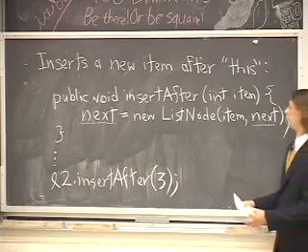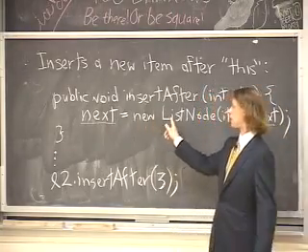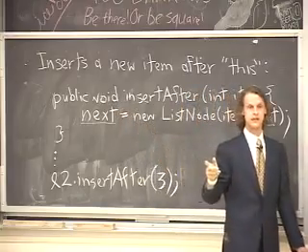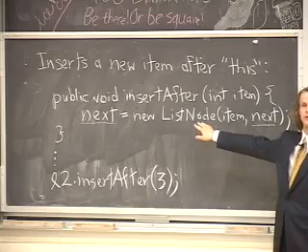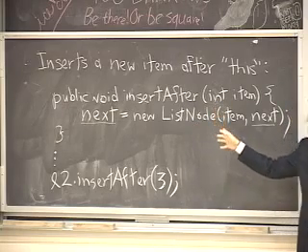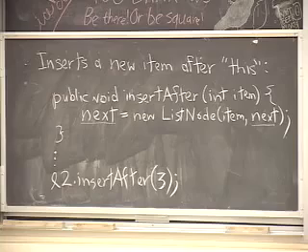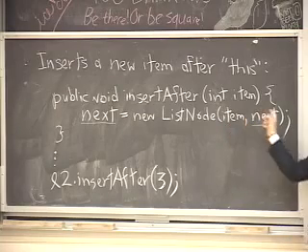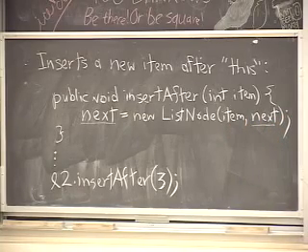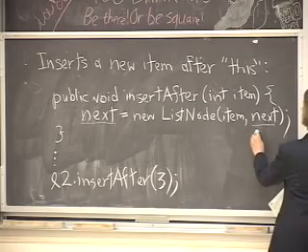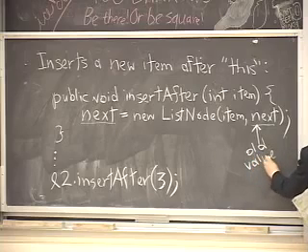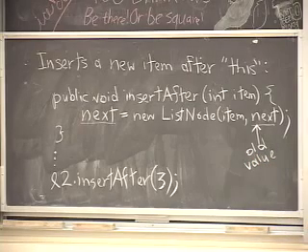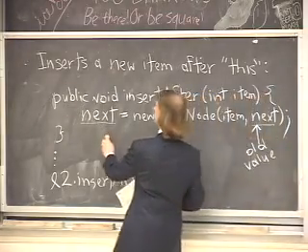Why is that? Well, this is an assignment statement. It computes a value and it assigns it to the variable next. But before you can do the assignment, you have to compute that value, which means you have to call the list node constructor. But before you can call the list node constructor, you have to evaluate the parameters and pass them in to the list node constructor. And so what that means is that this is the old value of next before the assignment executes. And this is going to be a new value of next